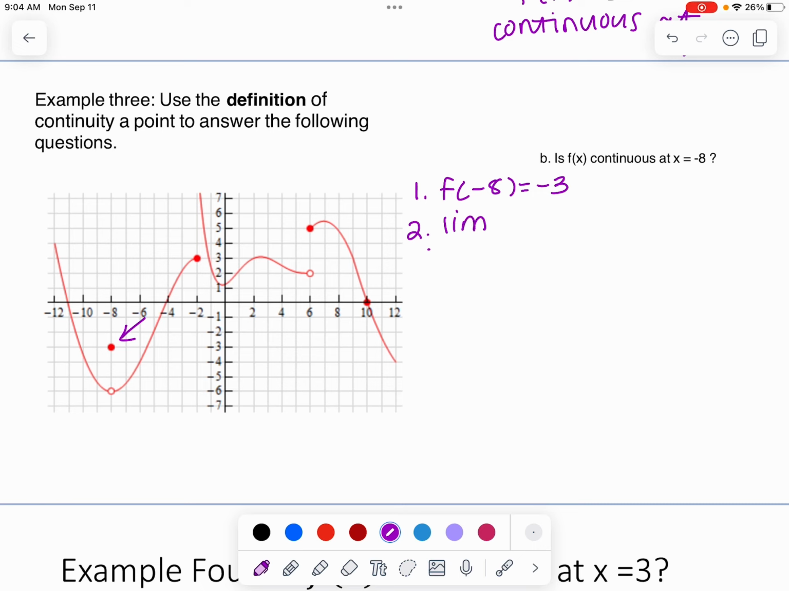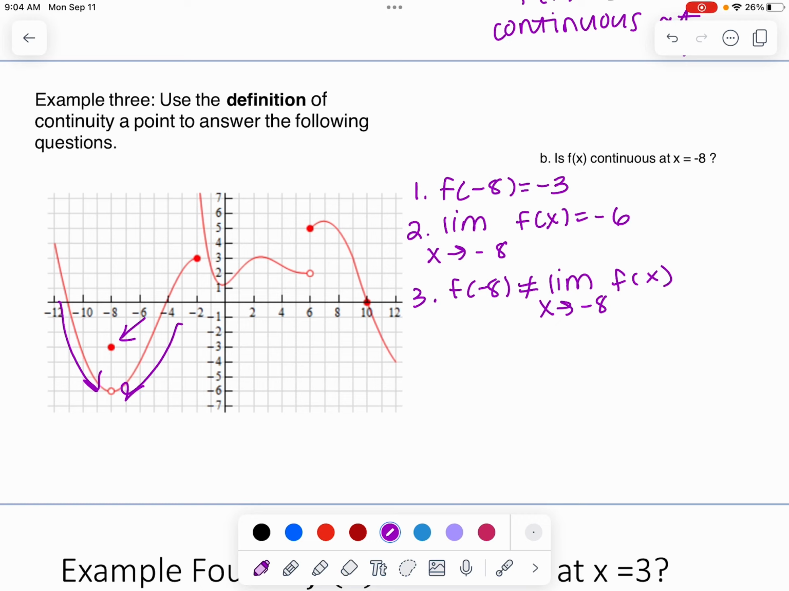The limit as x approaches -8: if I approach from the left and I approach from the right, it is -6. However, f of -8 does not equal the limit, and you're really going to want to get good at this notation because you're not going to want to write this out in words every time. But f of -8 does not equal the limit of f of x as x approaches -8 because -3 doesn't equal -6. So f of x is not continuous